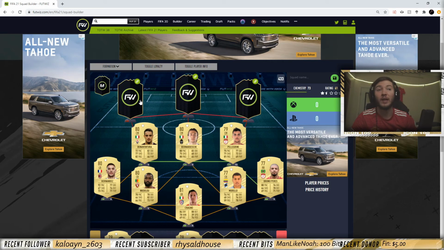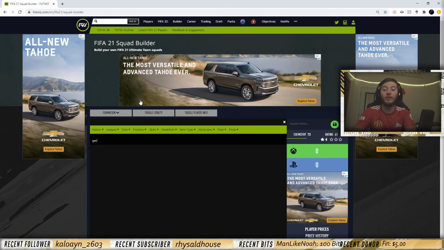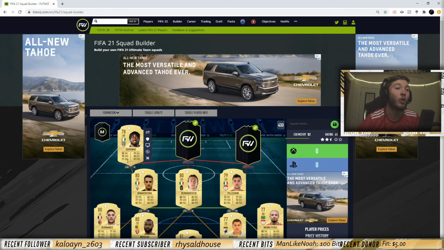The first one, the absolute FIFA legend we're going to go with is Gervinho. One of the all-time FIFA greats. The OGs that played back in FIFA 13, 14 will know this card very well. Super mobile card, very, very high pace, and on wings at the start of FIFA, you're going to want some pace,